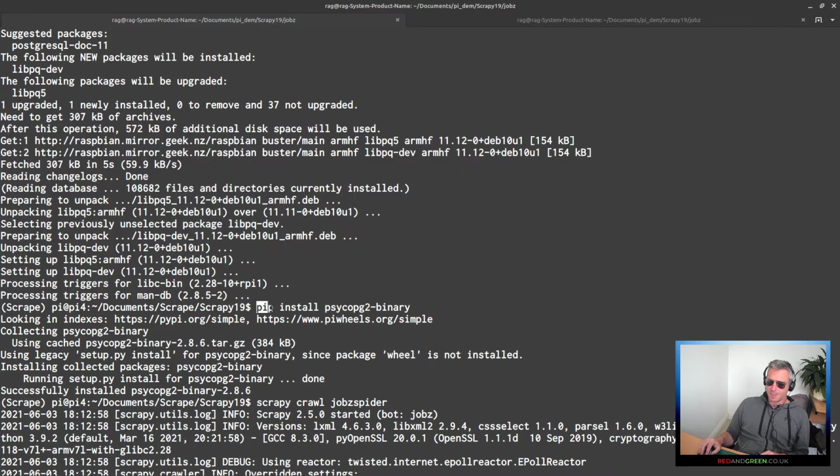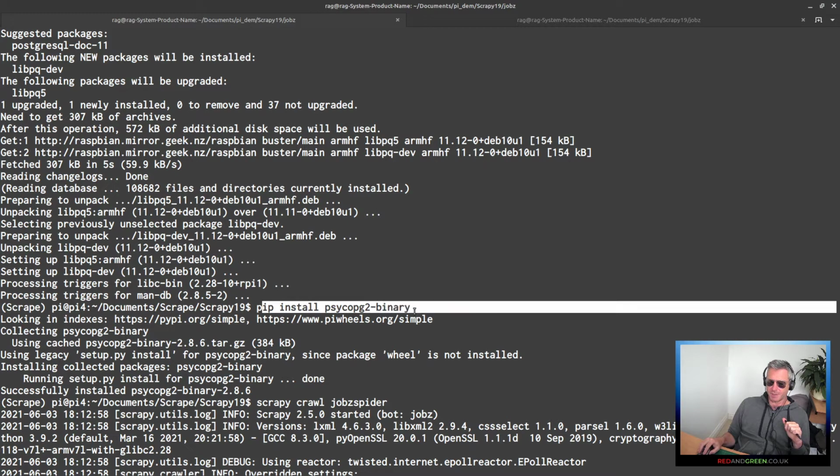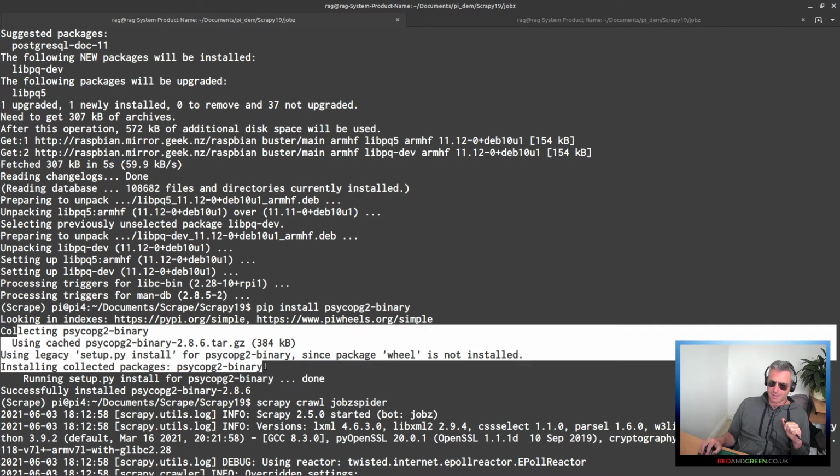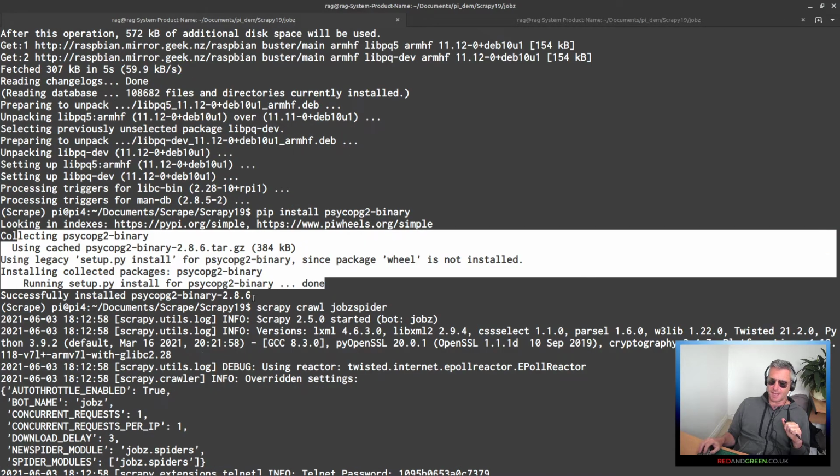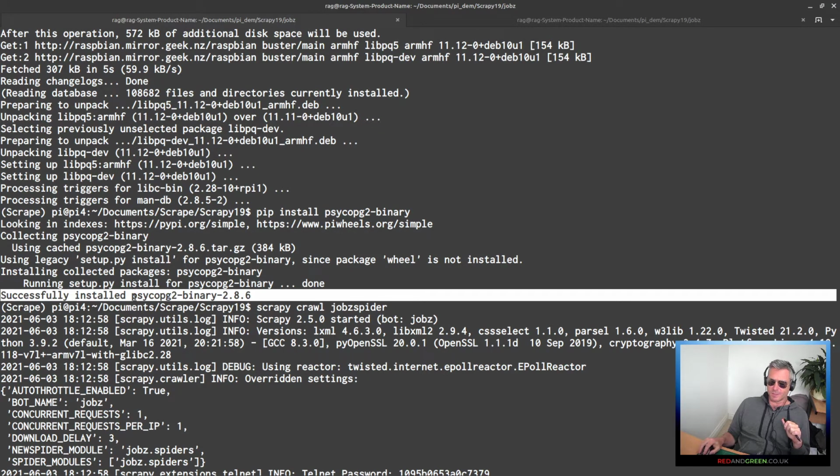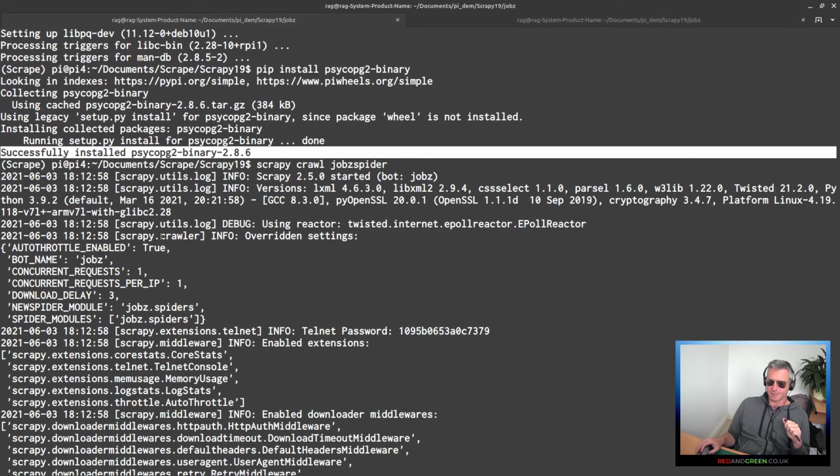And pip install, yes, that was my problem. That was where I went wrong. I did pip install psycopg2, whereas you need to do pip install psycopg2-binary. So then you go and install that, and finally I had successfully installed psycopg2-binary, and then boom, scrapy